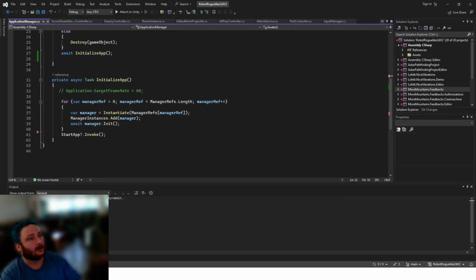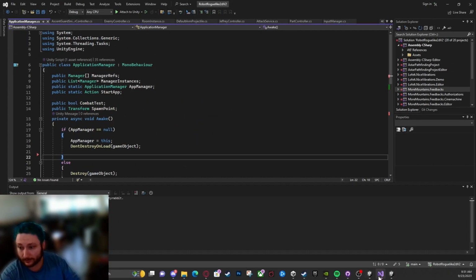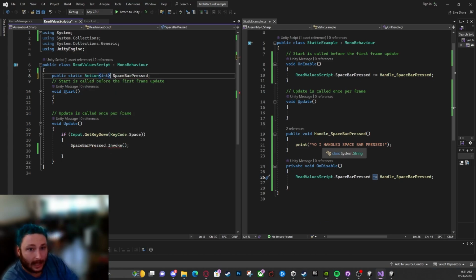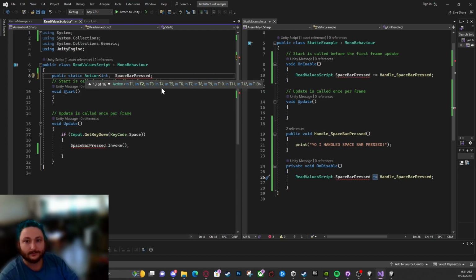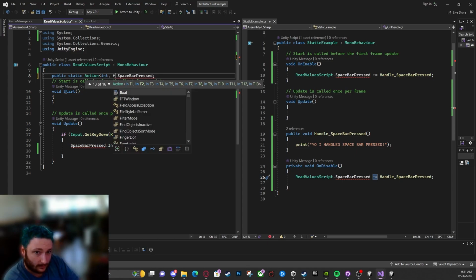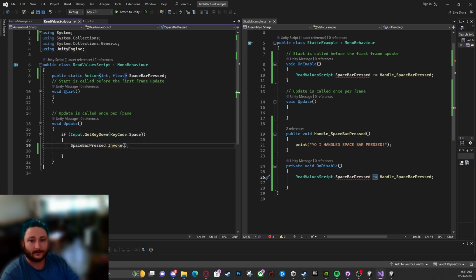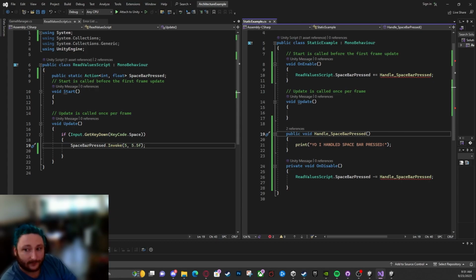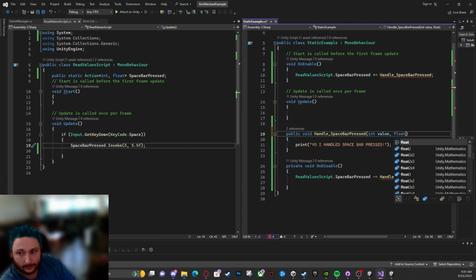That actually did just remind me, I wanted to show one more thing about action. Sorry for the jumping around here. We're going to go back to the action situation here. You can pass information, I think 16 variables with it. Yeah, you can pass a lot of different things with your action. So if I do 5 and 5.5, right? The only thing then is the function that handles it needs to take those